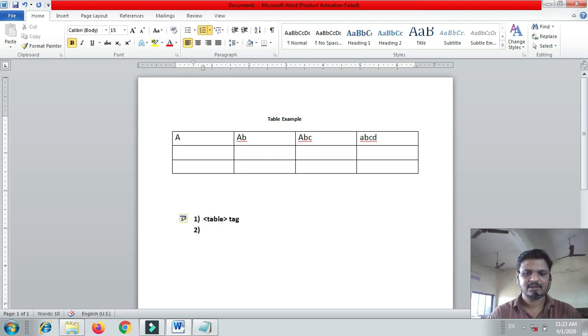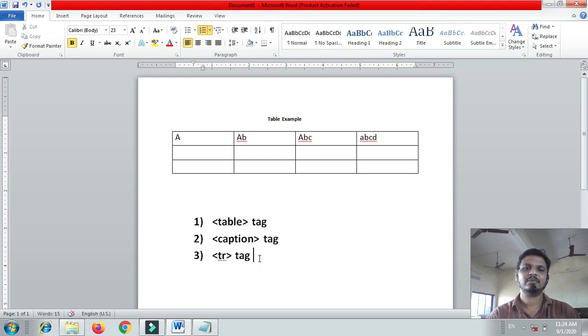The next tag name is caption. The next tag name is tr. Now what is the purpose of tr? To make a table row.